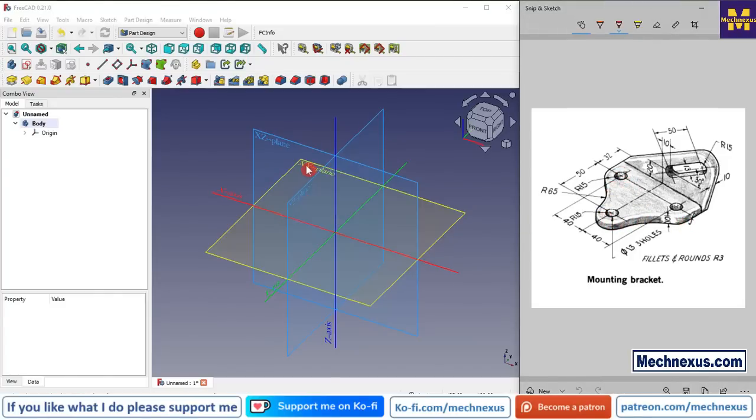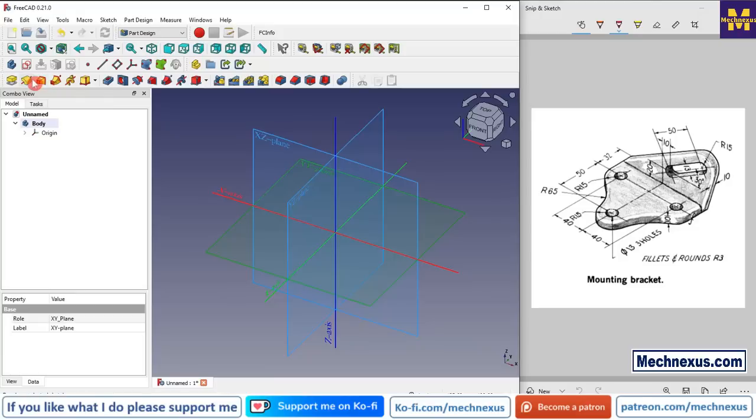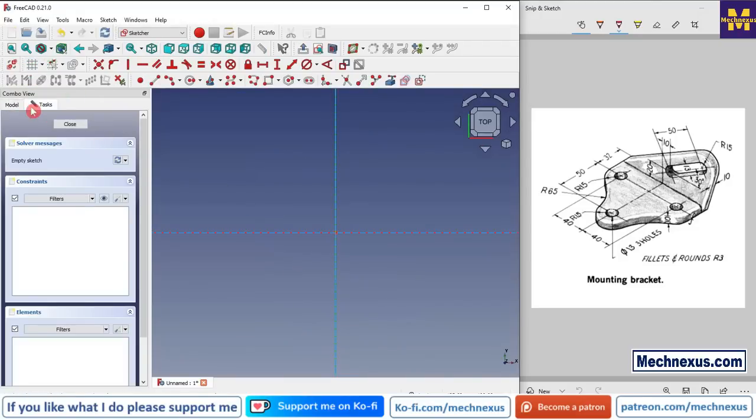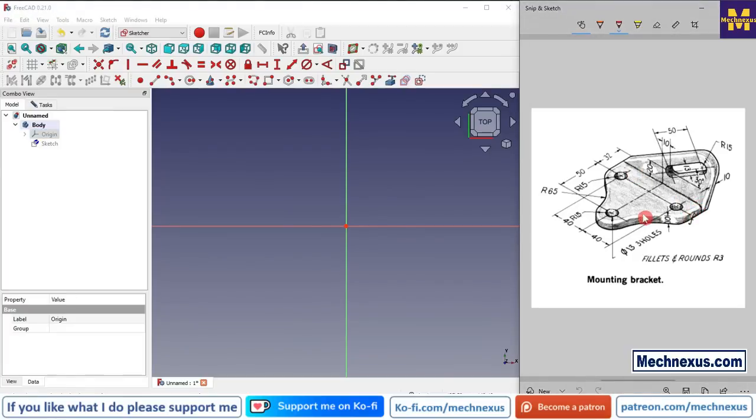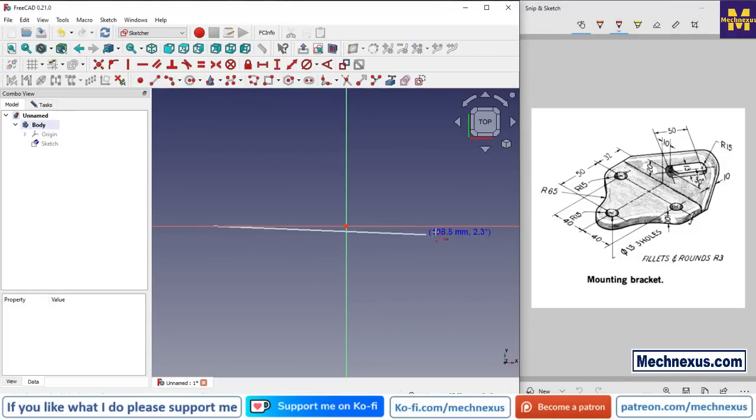For this we will select this XY plane, click on the sketch, and go to the model tab of our origin plane. Now first we will draw this line and create this bottom profile. If you read the dimension, this is 40 and this is 15 mm on both sides. So first we will create a line,